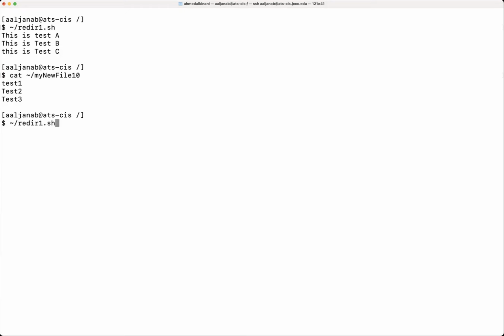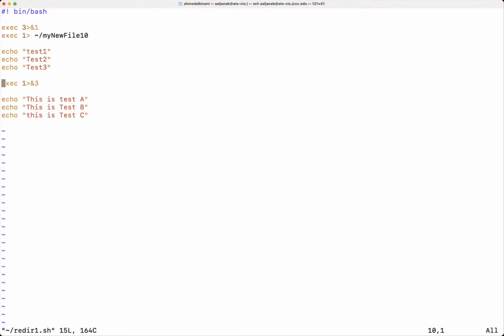So let me go back to the file to explain what just happened here. I am here at the top telling that the file descriptor 3 is going to be redirected to the standard output, and the standard output is simply going to be directed to this file.